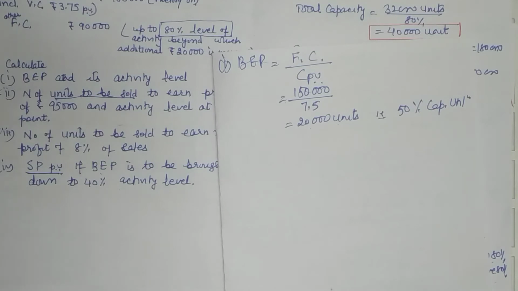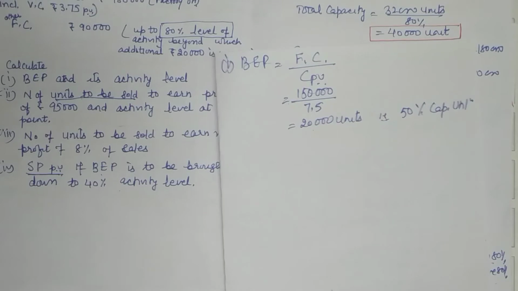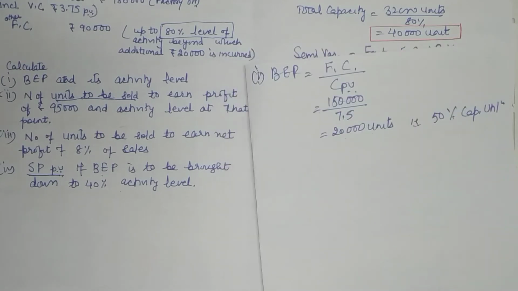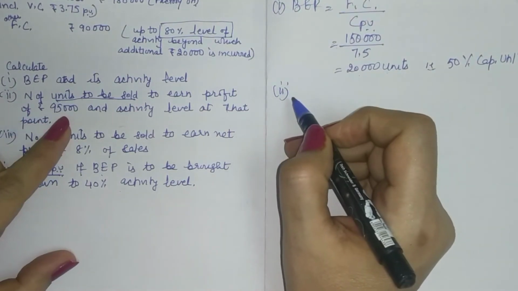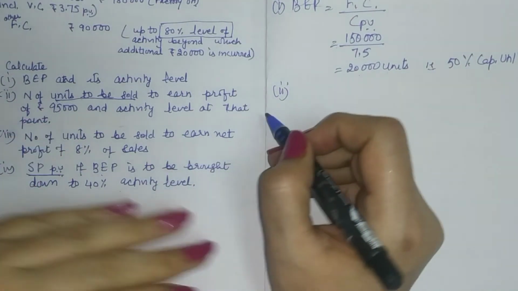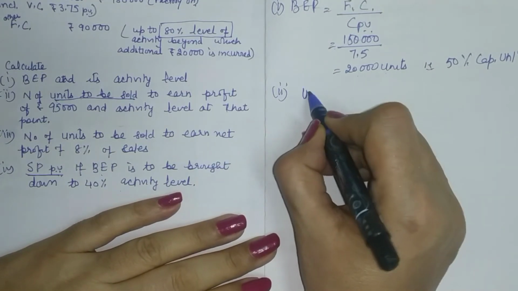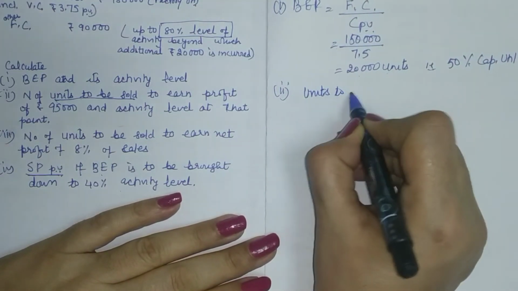Some standardized statements are there, like we have cost sheet. But beyond that, we'll have to base our decisions. We have to make statements as per our own understanding. Alright. Now, next is number of units to be sold to earn profit of 95,000 and activity level at that point. So we have to calculate units to be sold